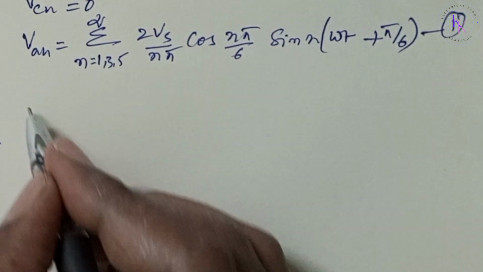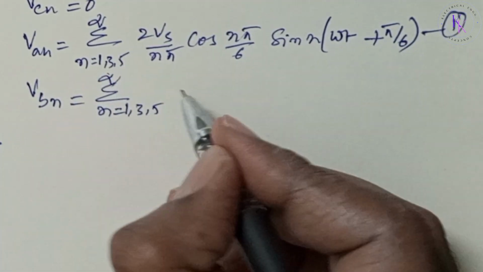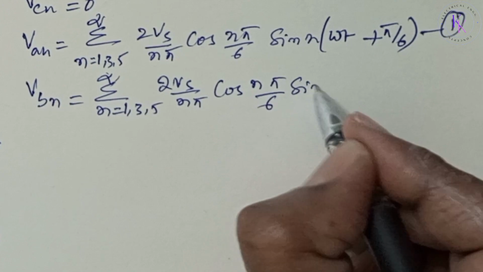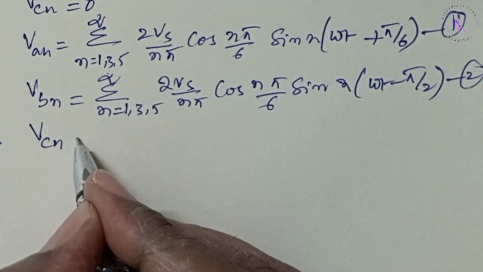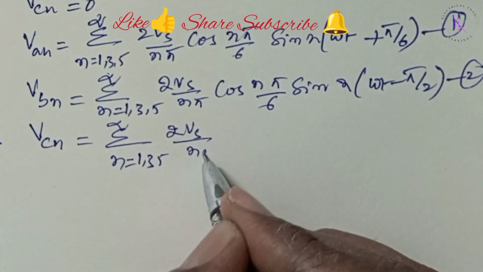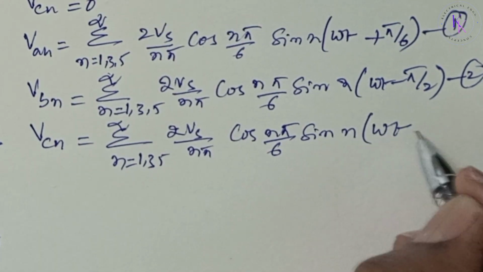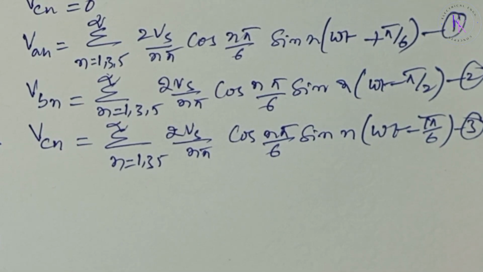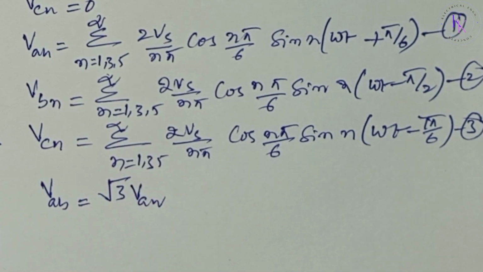This is equation 1. Then VBN equals sigma n equals 1, 3, 5 to infinity of 2 Vs by n pi cos n pi by 6 sin n of omega t minus pi by 2. Second equation. Then VCN equals sigma n equals 1, 3, 5 to infinity of 2 Vs by n pi cos n pi by 6 sin n of omega t minus 7 pi by 6. That is equation number 3. Now the line A to B voltage VAB equals root 3 times VAN with a phase advancement